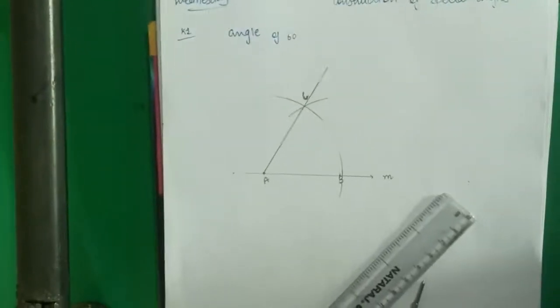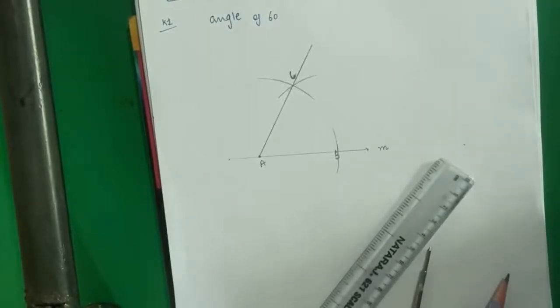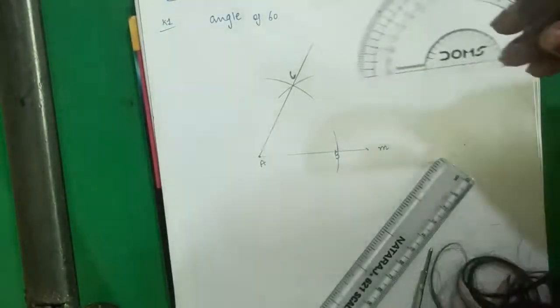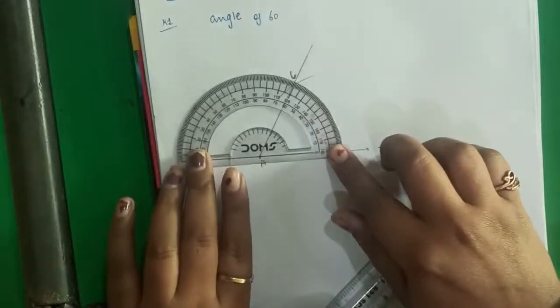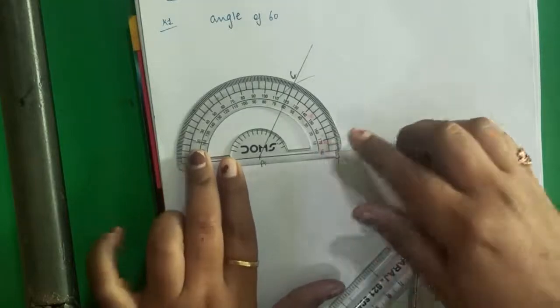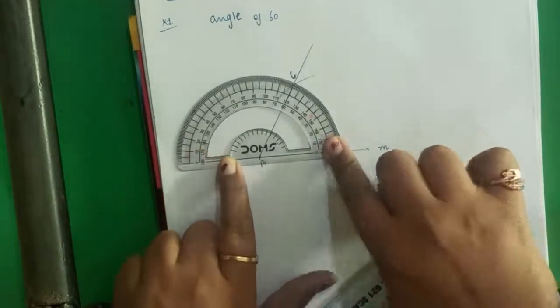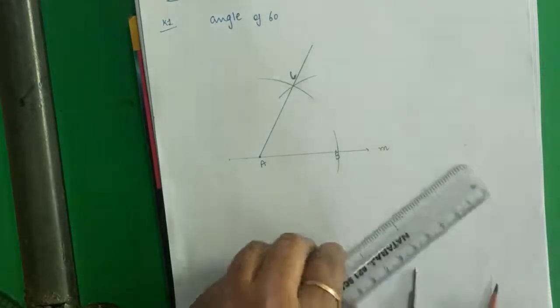Now see, I will show you this with the protractor. See this one, put it here, center with center, and see this. This is the angle of 60 degrees. Clear, students? So you will now one by one give the names to these and write them down in the correct order.